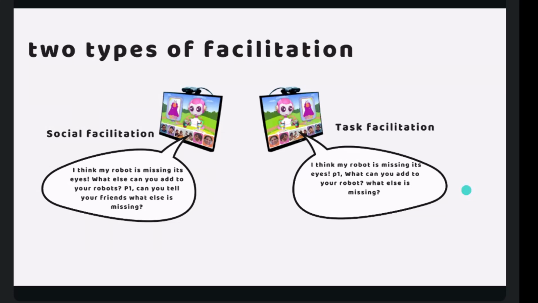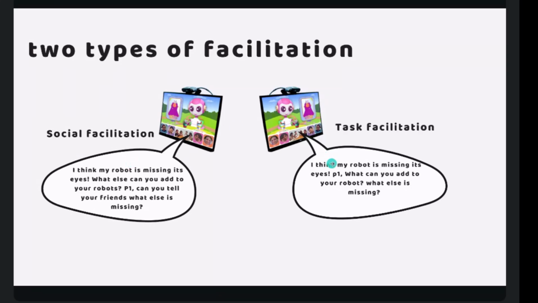Some kids interacted with Amit while she offered social facilitation. This was facilitation that aimed to promote social skills like help behaviors, explanations, collaboration, and sharing.